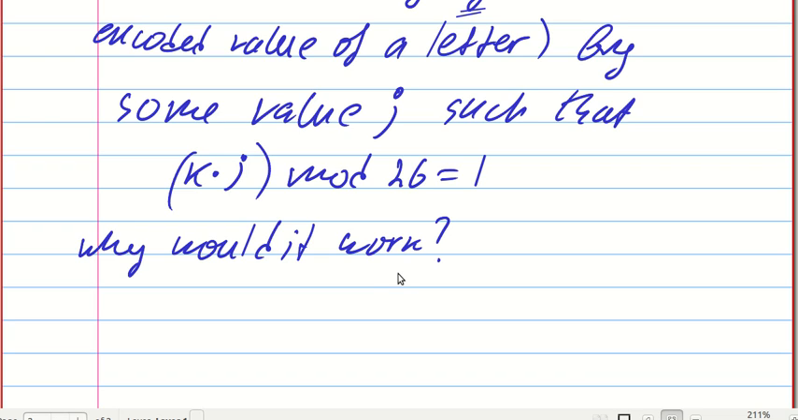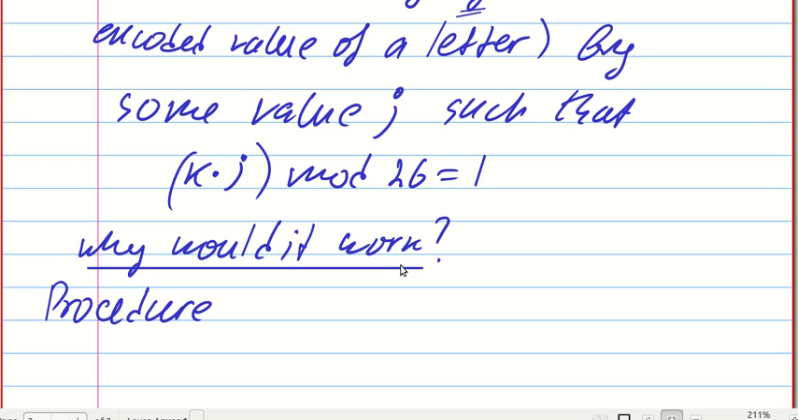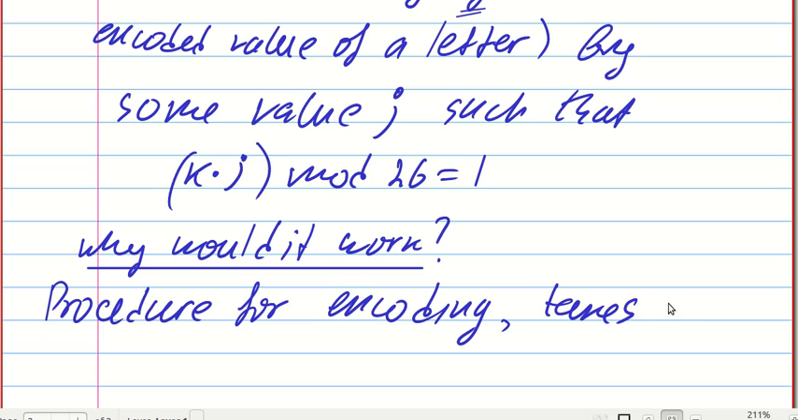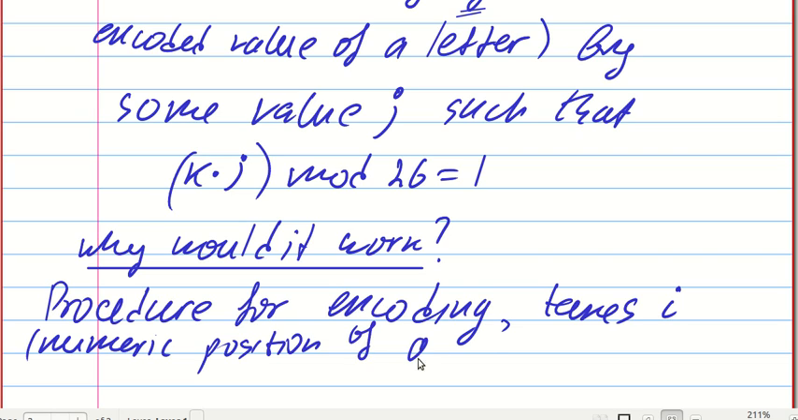So let's try to go through the procedure. Why would it work? To understand why it happens, we need to go through the procedure. And first, we're going to start with the procedure for encoding. The procedure for encoding takes I, which is the numeric position of a letter,